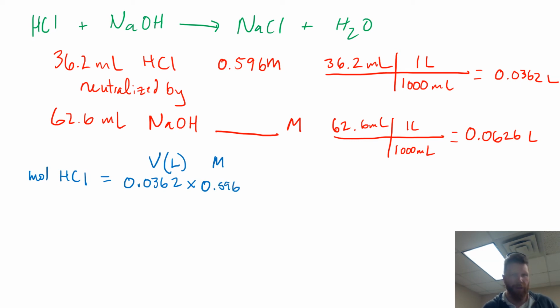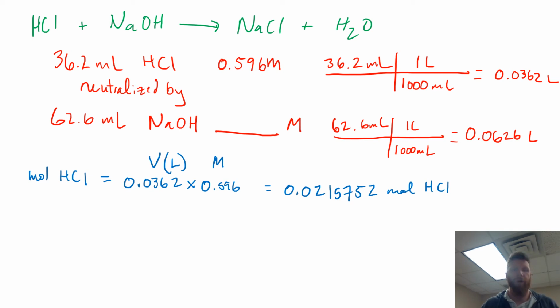So 0.0362 times 0.596 equals 0.02157552 moles of HCl. Now, from our balanced chemical equation, we know that if we have 1 mole of HCl,